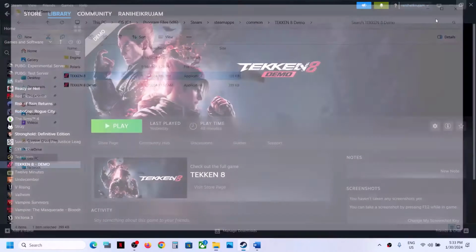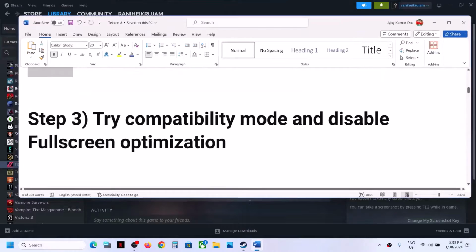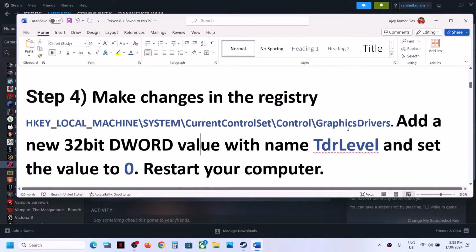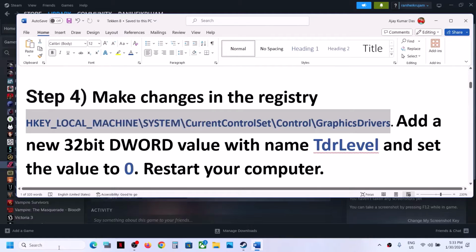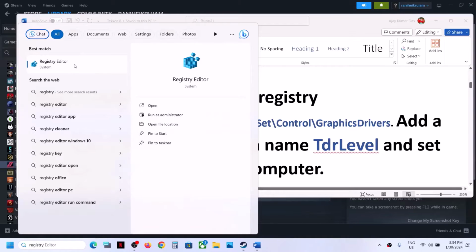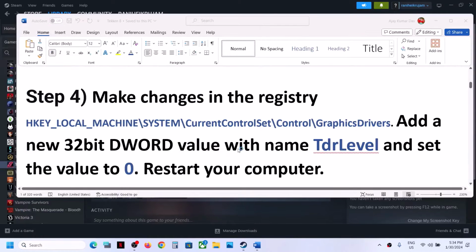Now the next step is to make changes in the registry. Now this has worked for few players, so it might work for you. So you can go to this location. So type in registry editor in Windows search box and then click on registry editor, click on yes to allow and then